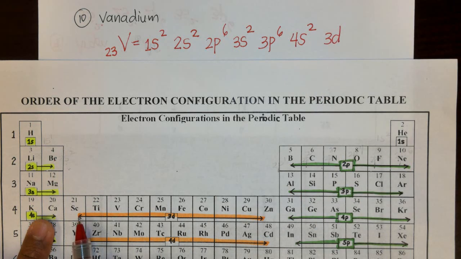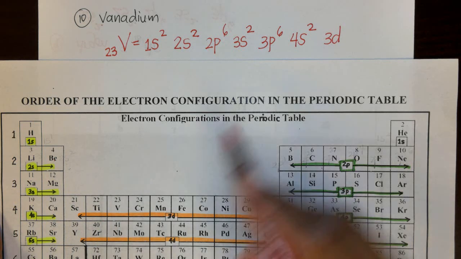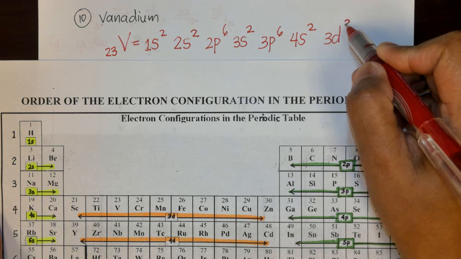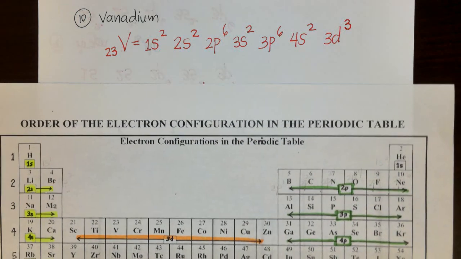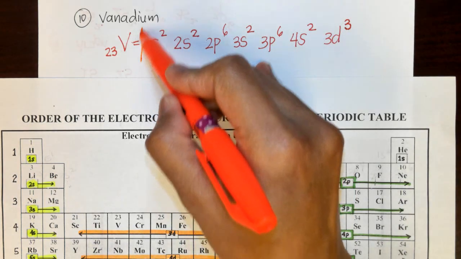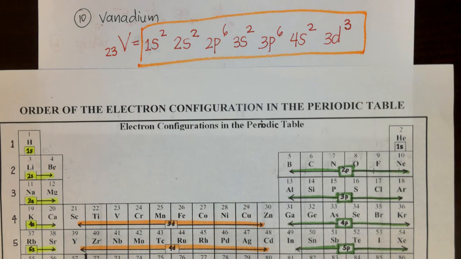Then I count what element number it is in the d. It starts with this, 1, 2, and then finally 3. So the exponent of 3d is a 3. So the whole thing that we wrote is the electron configuration of your